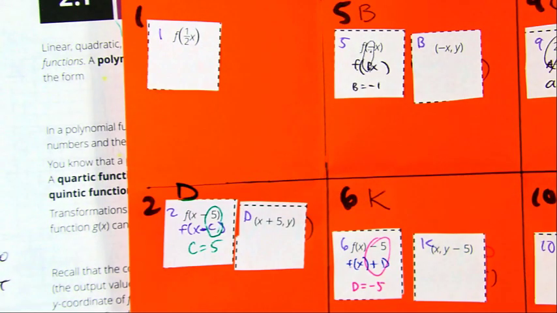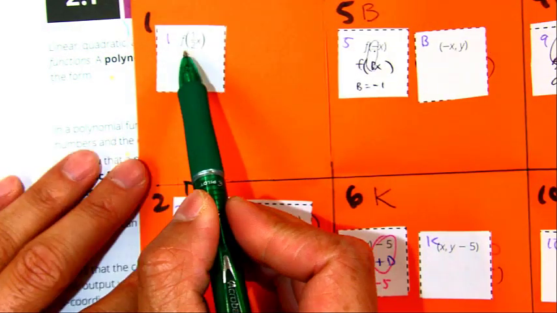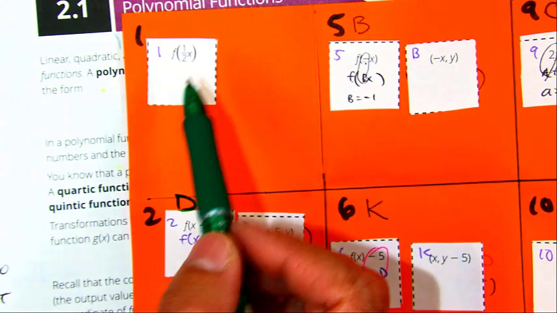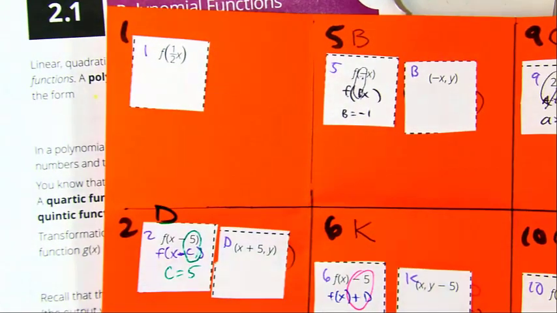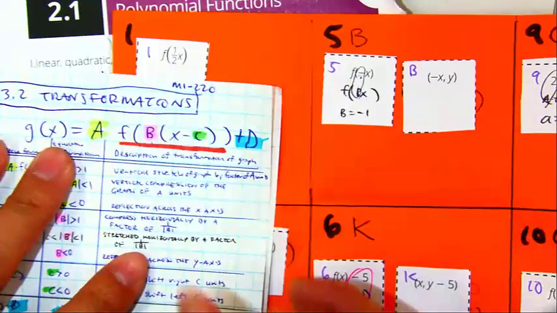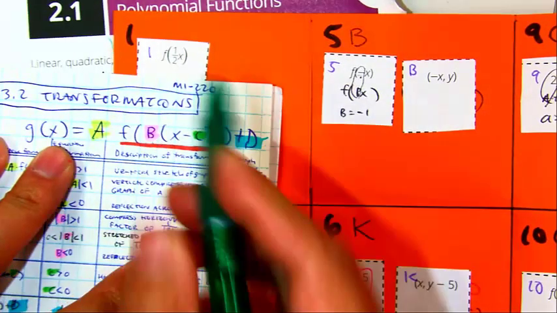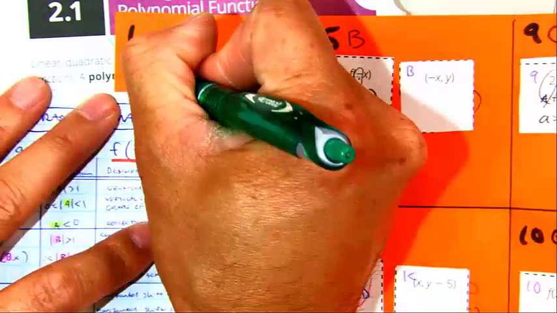Okay, number one. Ashley, is this 1/2 on the inside or outside? Inside is correct. A, B, C, or D? B is correct. Okay, this is a tough one. If I write the formula,